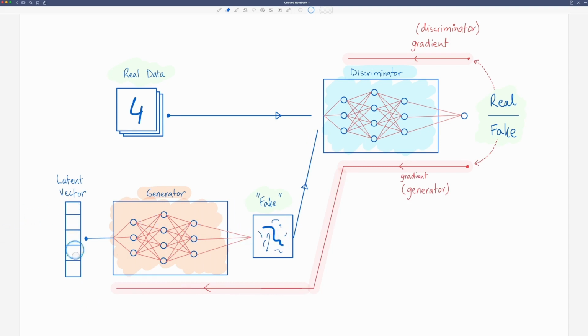We can give some random input to the generator, and by changing this input, we can have the same generator generate different types of images out over here, right? So we change the latent vector. This is called the latent vector because it's hidden. We don't know what these things mean, but they are going to have some effect on the output over here. So we give some value, the generator generates some image that is fed to the discriminator, and if it says fake, the generator is going to learn. If it says real, the discriminator is going to learn.